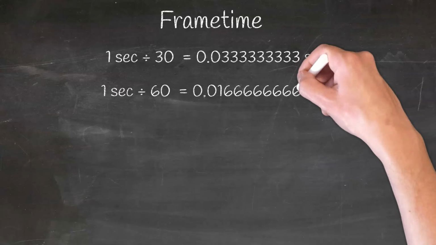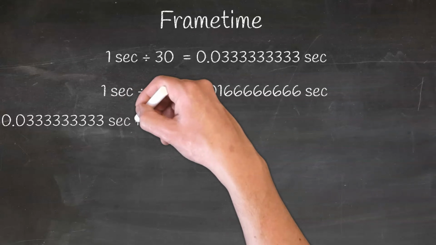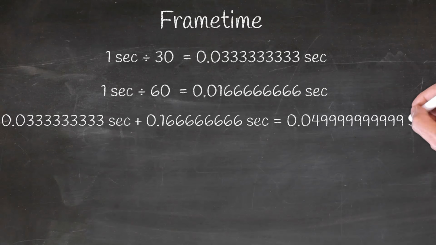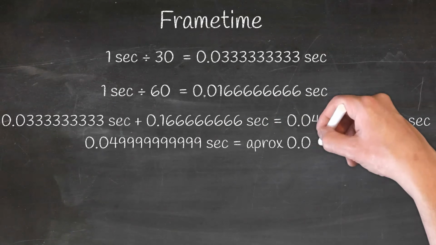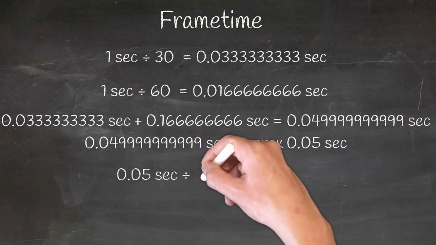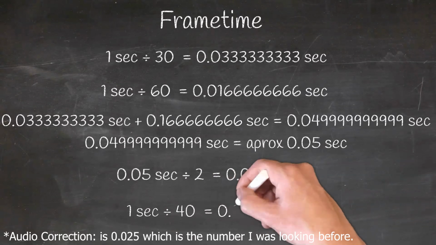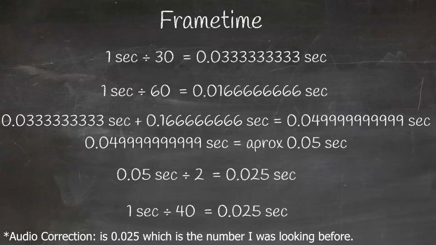So if we add 0.033 plus 0.016, that is 0.05, right? That's the persistence that we are looking for, the middle of the way. So if we divide 1 second by 40 images, that's 0.025. That's why 40 FPS is the middle point when we're talking about frame persistence, frame time,